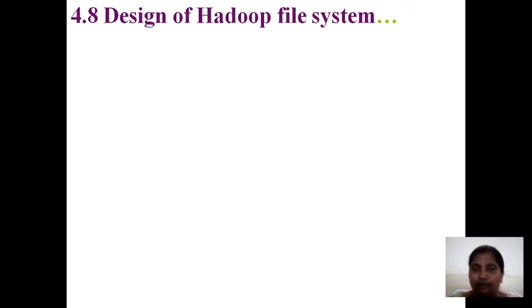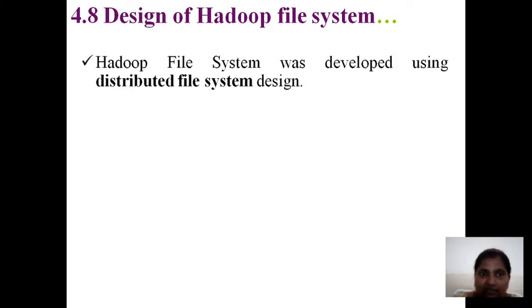Basically, what is a Hadoop file system? Because from the last videos, repeatedly I am saying that in order to store your data, we need a Hadoop distributed file system, which contains two elements. One is a name node, one is a data node. Name node will maintain a directory, or we can say it is metadata, data about data. Where the data is, who is the owner of the data, when the data was created, where the data is stored, how many data nodes are working. So everything is going to be at one place called a name node. One more is a data node where actual data is going to be stored.